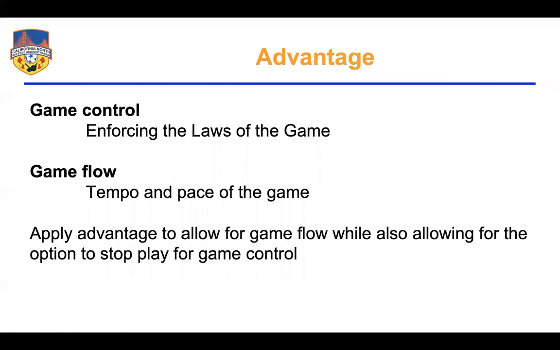We only want to apply advantage as much as possible, while also making sure we're not losing control of the game. So whenever we're thinking about this, and we're going to go in and talk in some detail about the actual considerations we want you looking for, please remember that if at any point you feel like game control is not where you want it to be, then we probably don't want to have as many advantages, because basically you're choosing not to call a foul, and that's a risk. And so if we have a game that's well under control, then yeah, we can take the risk of not calling a foul. If we are losing game control to some degree, then we might not want to take the risk in that situation.